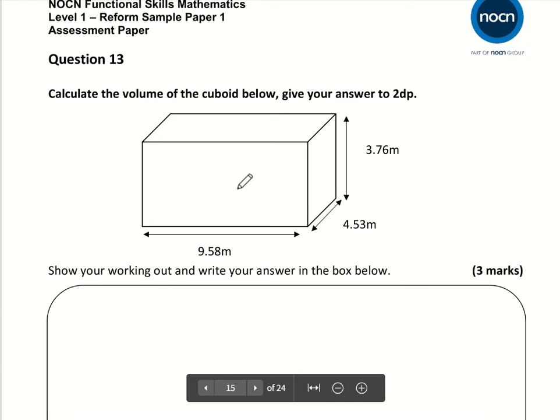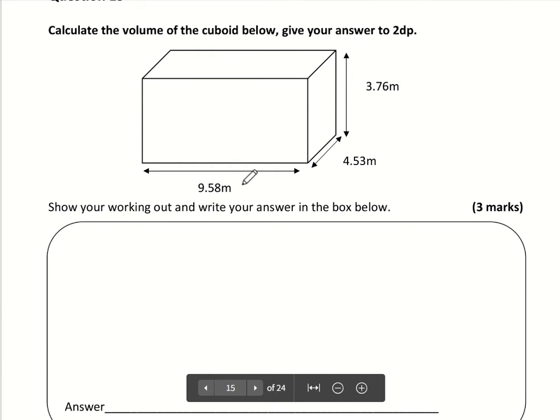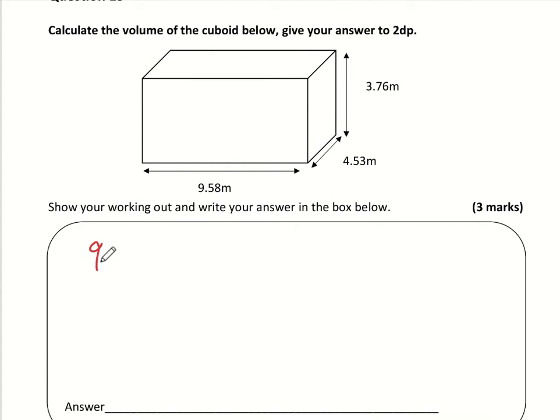Right, question number 13. The volume of the cuboid is simply the three dimensions multiplied together. So 9.58 multiplied by 4.53 multiplied by 3.76. Combine all of those together and we get